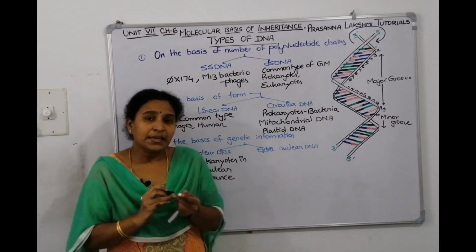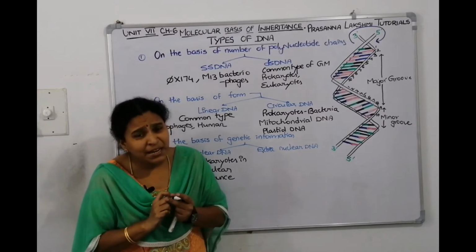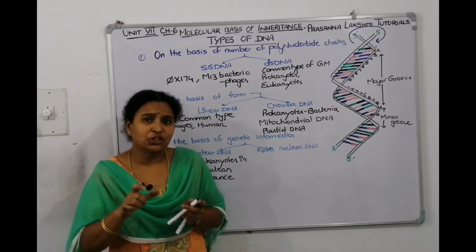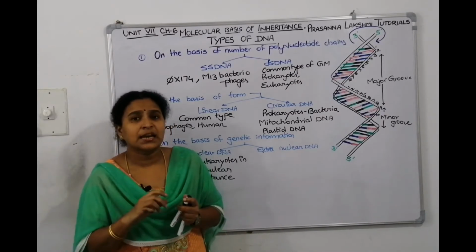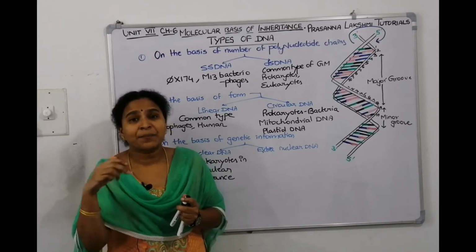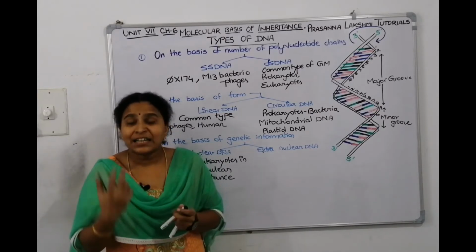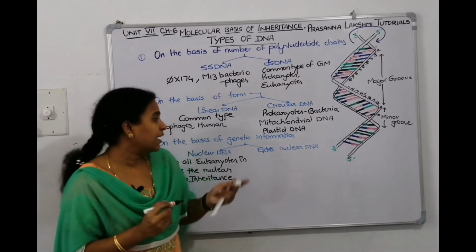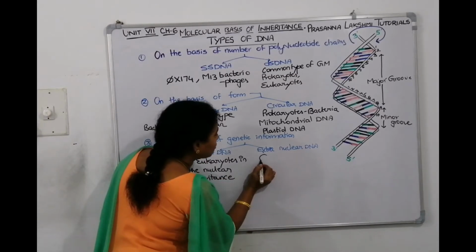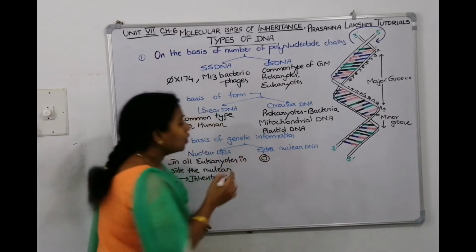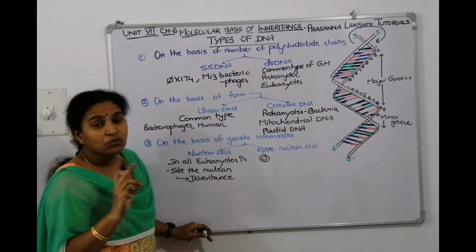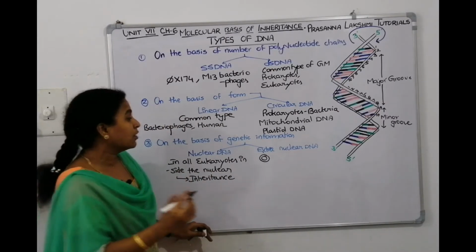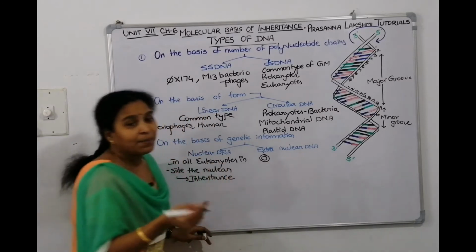Extranuclear DNA, plasmid DNA: small ring-like structures floating inside the bacterial cell, which confer additional phenotypic characters like antibiotic resistance, are called plasmid DNA. So, plasmid DNA, small ringlet-like structures, right? What Cohen observed, they are used as vehicles or vectors in biotechnology. So, one to many will be there per cell.